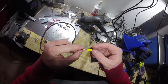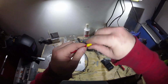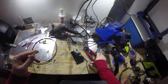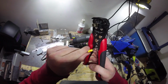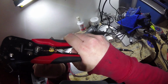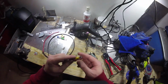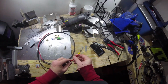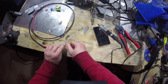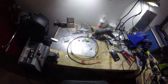So go ahead and slide the wiring in place. Go ahead and get that good and crammed in there like that, and then we'll crimp it down in place just to make sure it ain't going nowhere. Now, as an added measure for joints like this that are going to be exposed, I like to go ahead and pour solder down into them to make sure that they get welded pretty well